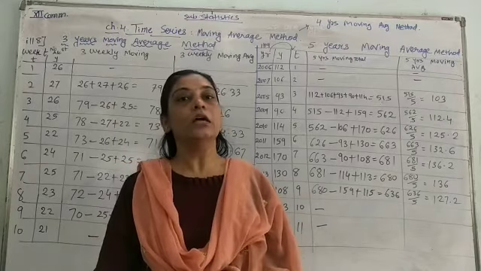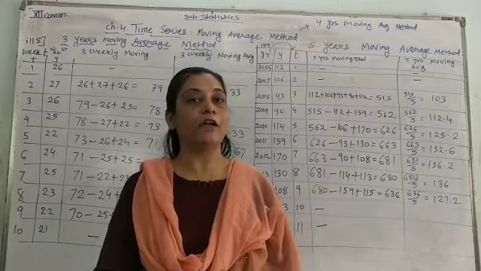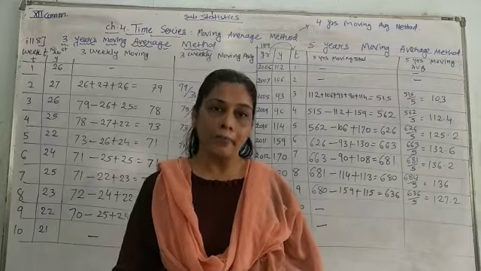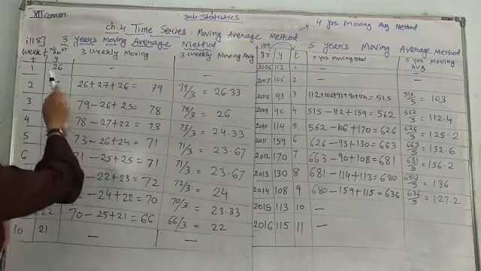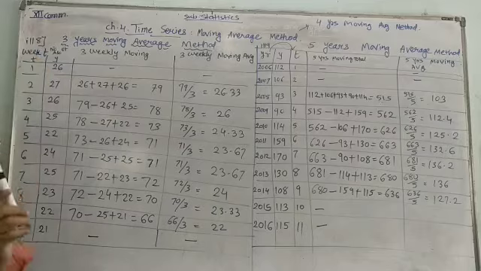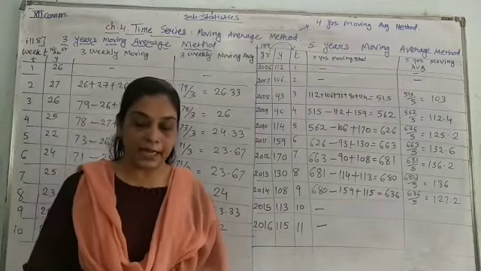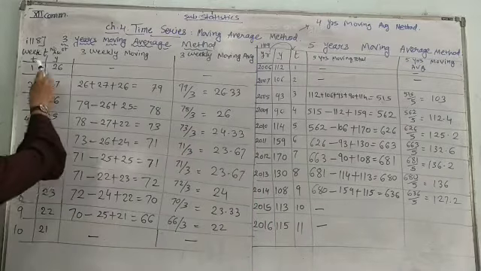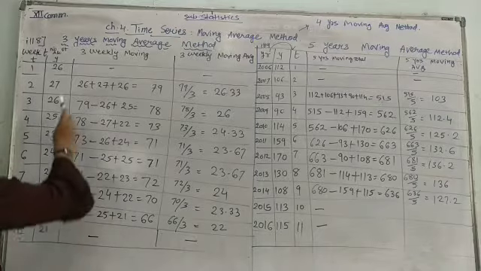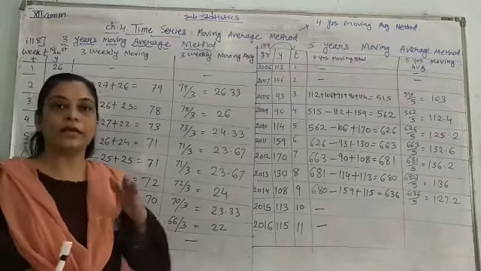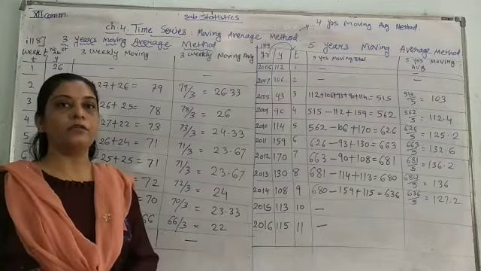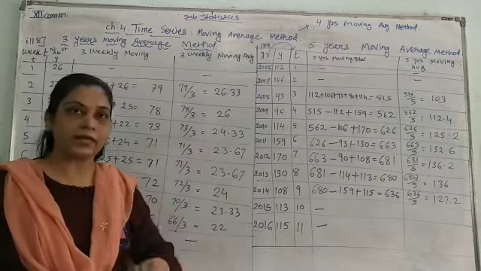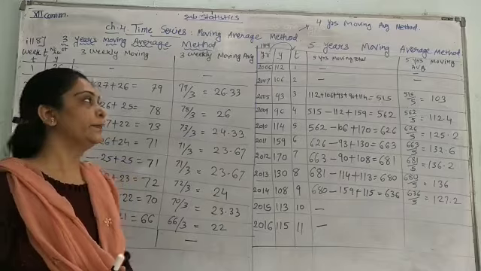But in calculation, 3 years moving and 5 years moving average are very easy. So now let us see the sum on the 3 years moving average method. Here I have selected one sum, that is illustration 8. So take out your textbook and see illustration number 8, where two columns are given. Number 1 is the week wise, the weeks from 1 to 10 are given, and the number of accounts to be opened is given, and it is asked to find the 3 weekly moving average. It can be any, it depends on the sum.